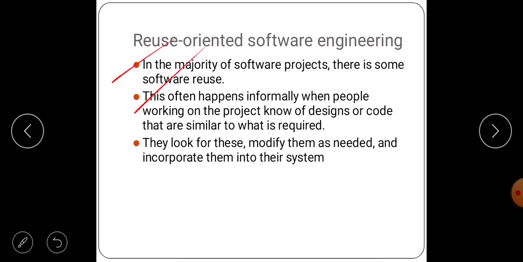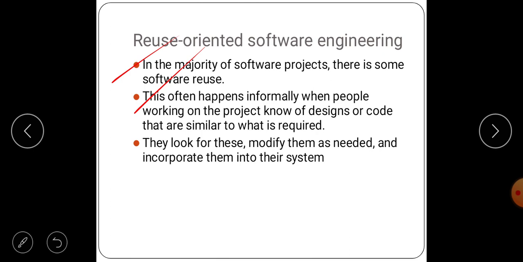This often happens informally when people working on the project know of design or code that is similar to what is required. Suppose an engineer has worked on developing software for Canara Bank. The same engineer will work on developing the software for another bank, like SBI or DCC bank.